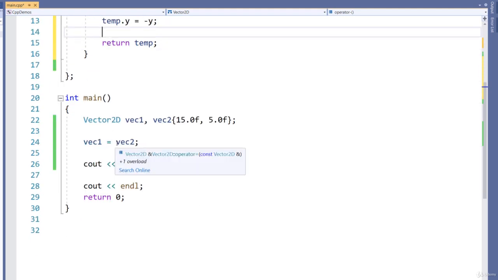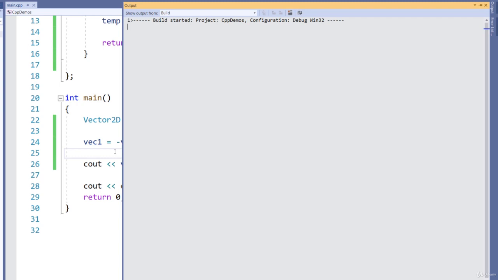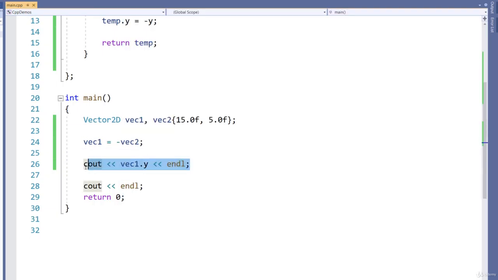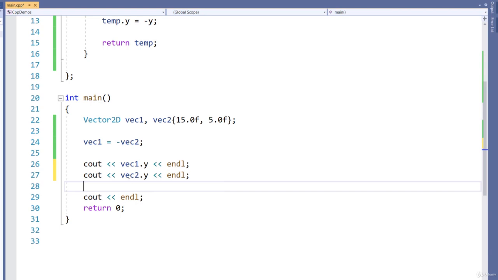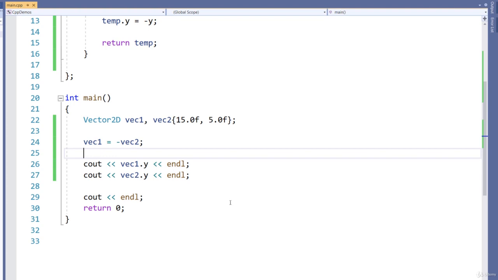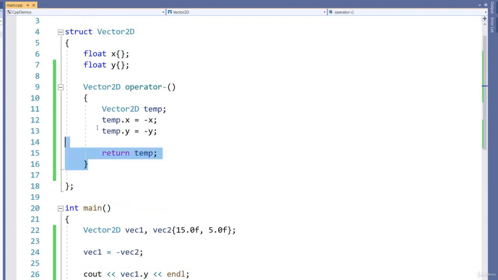I'll go back to main. And now I'll use that. Build and run this, and that should work fine. It prints out -5. And if you do vector2.y, that should not change to -5, that should stay 5, and that works just the way we want. So that is our first look at operator overloading. Now just to end this off,